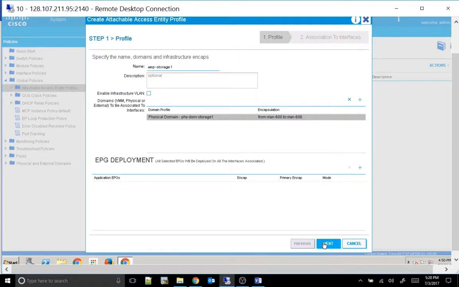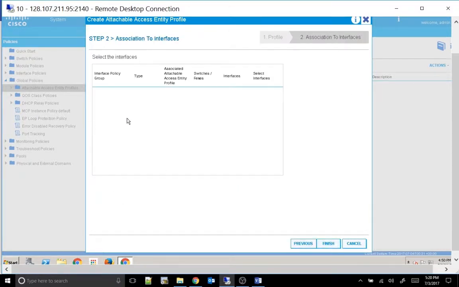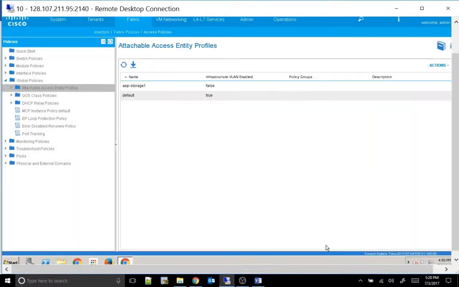So now when I hit next, I'm going to leave out the EPGs. I'm going to leave out the interfaces for right now. Again, once you get used to it, you can do it however you want to do it. And in fact, it's totally fine. And in fact, once you kind of figure out the flow that best works for you,